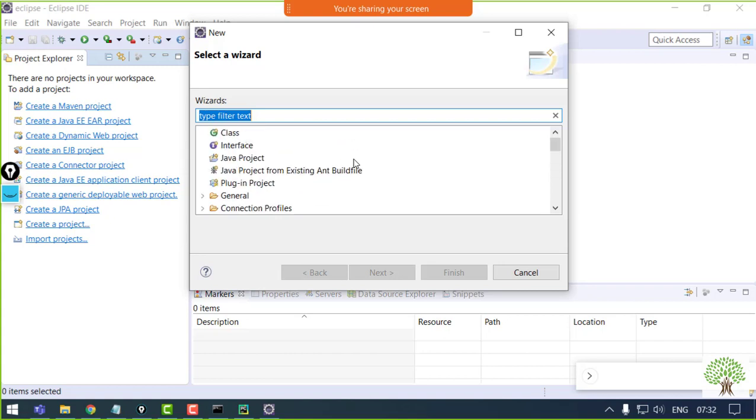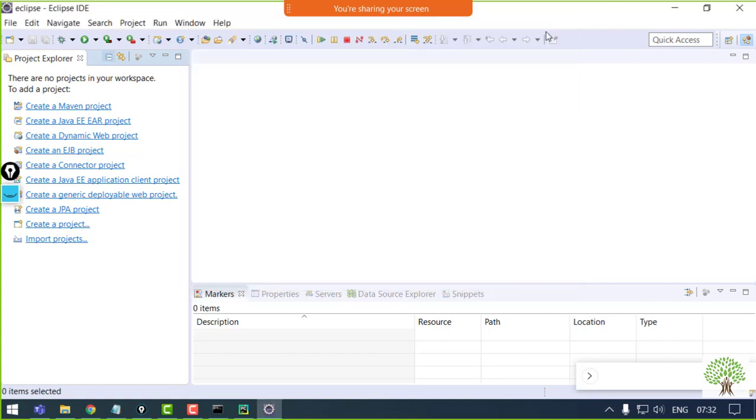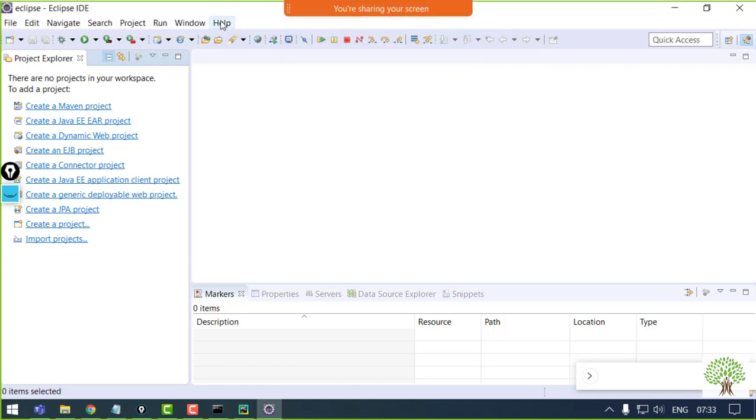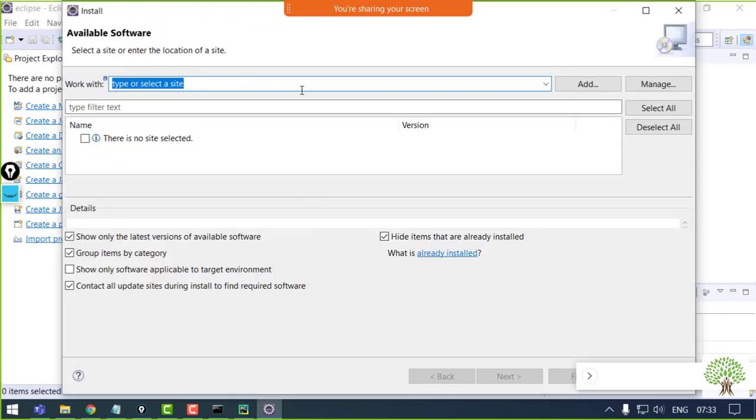So if I have to work with Python in Eclipse, then I have to add a plugin, as I just informed you. I just have to add a plugin into my Eclipse and it's ready to go with Python, right? So what I'll do is go to the Help option, Install New Software, and over here you need to give a URL for the Python language only, that is pydev.org/updates.